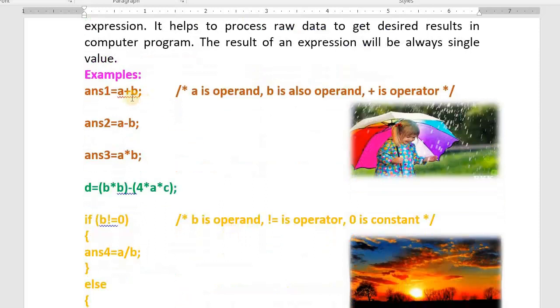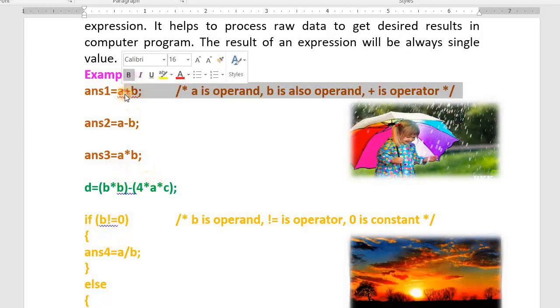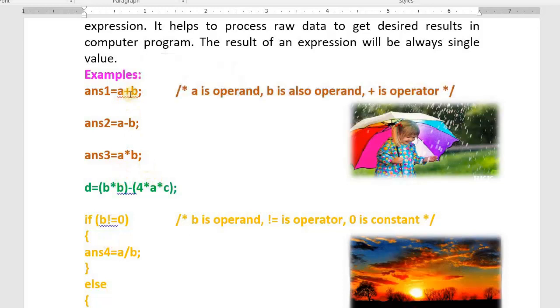Then what is an operator? This is a question in viva voce. What is an operator? Operator can be defined as a symbol. By looking at the symbol, you get one message. What is that? Do you know? Whenever you see the symbol, you decide about the operation. Whenever you see the plus, you will come to know that I need to do the addition. I need to do the subtraction, I need to multiply, I need to find this one and subtract the second one from the first one, by looking at this symbol.